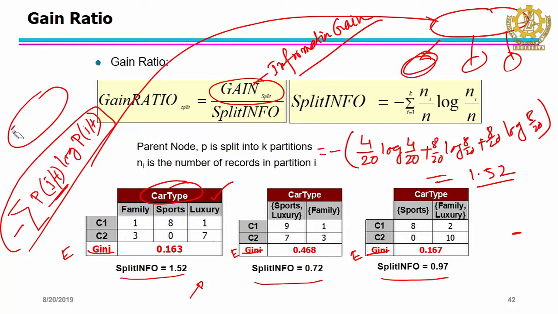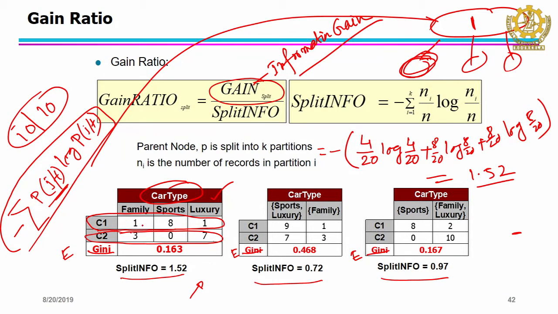There are 2 classes, right. So, in the root node there will be 10 objects in class C1, and another 10 objects in class C2. So, equally distributed means what will be the entropy at the root node? It will be 1. So, entropy at this root node will be 1, and then you compute the entropy at this node.